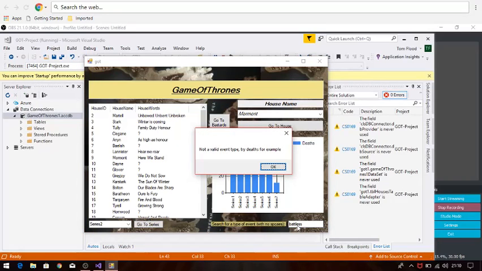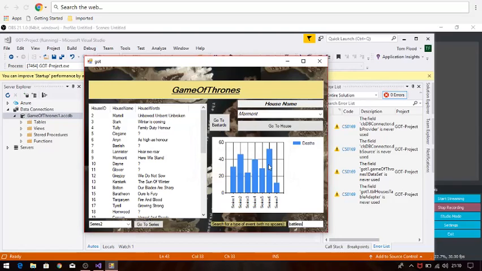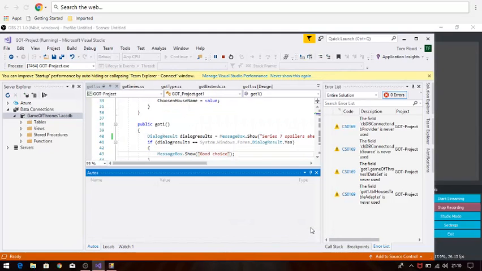Not a valid event type, try death, for example. Yes, I spelled battles wrong. Two S's. Well, it only has one. So there it's given me an example of what I could put, and it's saying it's not a valid attempt. So let's try